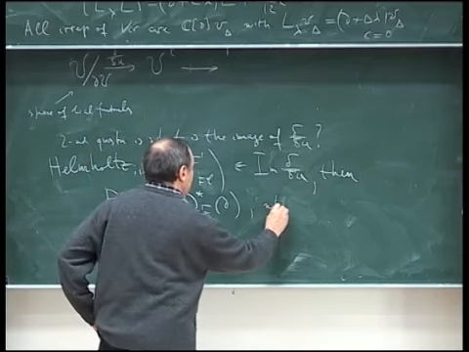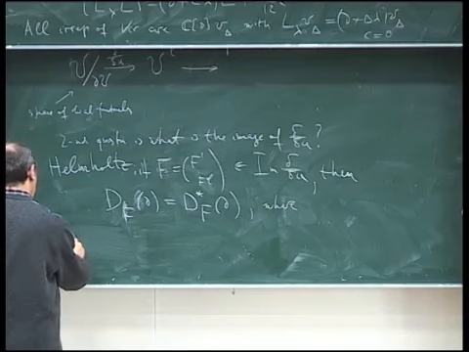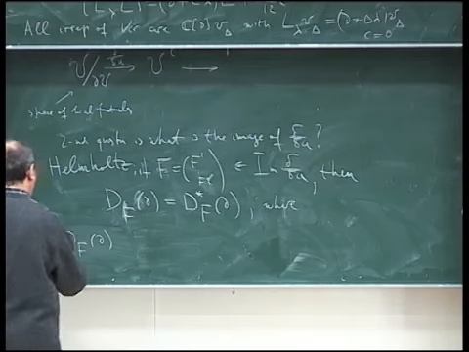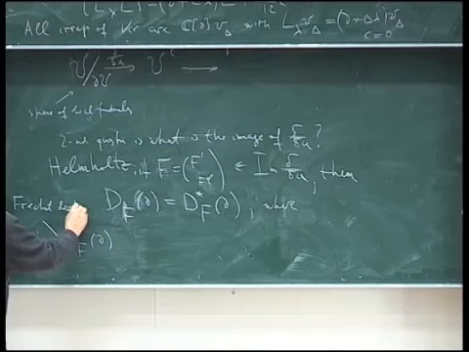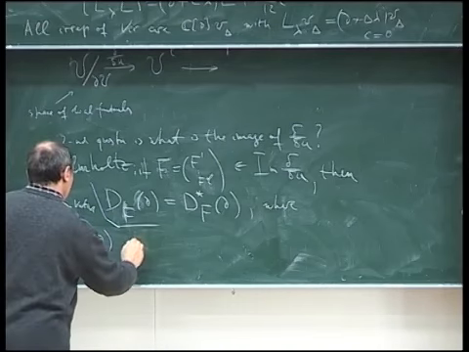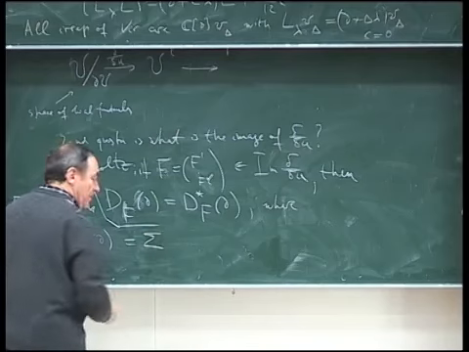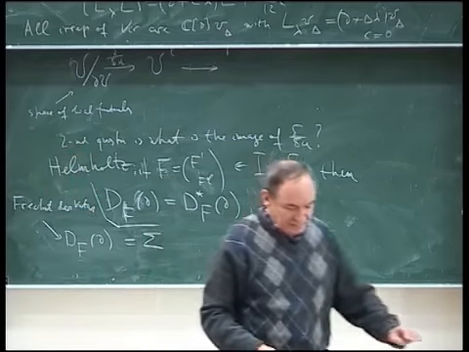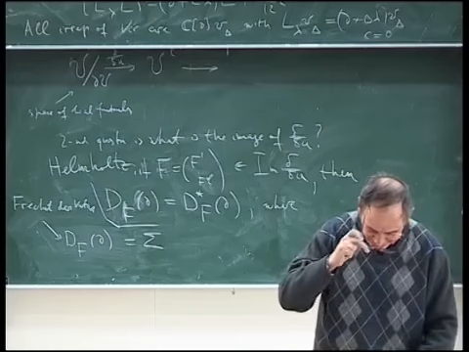Where this is the last piece of notation from the variational calculus, df of d, it is called the Fréchet derivative, and is defined as